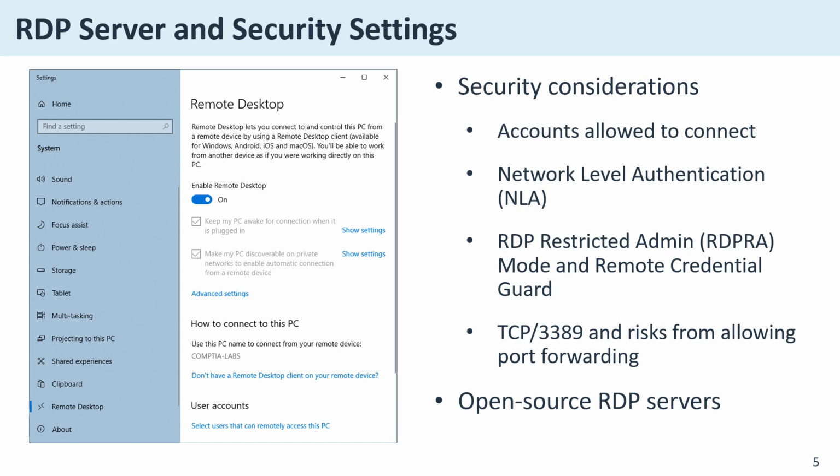Instead, you are authenticated locally on the client machine, and then a remote session is established without transmitting your credentials. This helps mitigate the risk of credential theft on the remote server because your actual credentials never traverse the